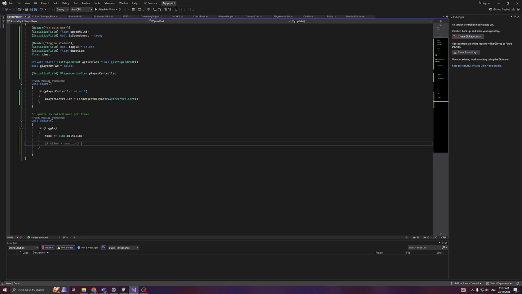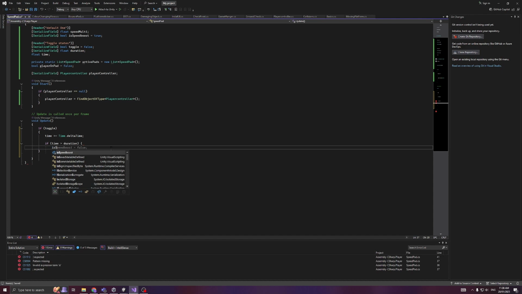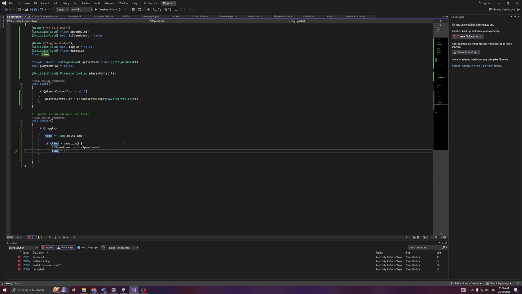And then if time is greater than duration, speed boost equals whatever the opposite of it is. I'm going to set time to 0, and then, okay,